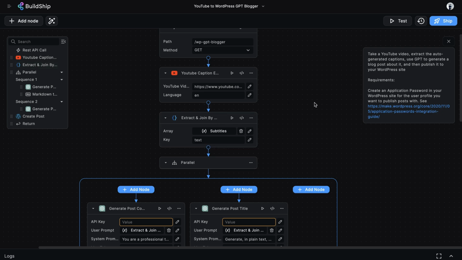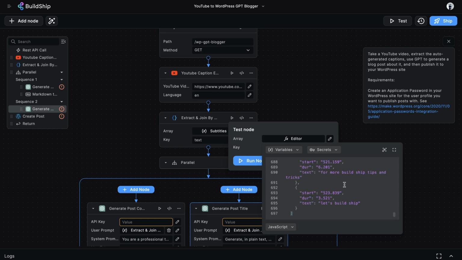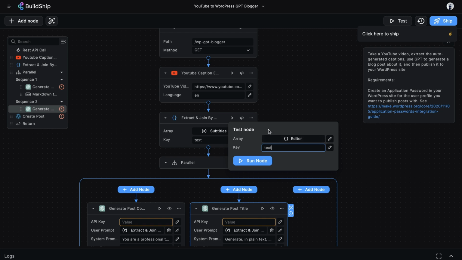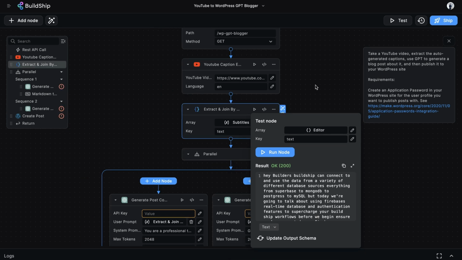We can actually preview what this is doing as well. We'll go to play again, and then for the array, I'll just paste the subtitles that we previously generated, and then the key that we want to extract from the items in that array and combine is the text key. So we can run this node. And there we have it. We get back a single piece of text that we can then feed into our GPT nodes. And speaking of GPT,